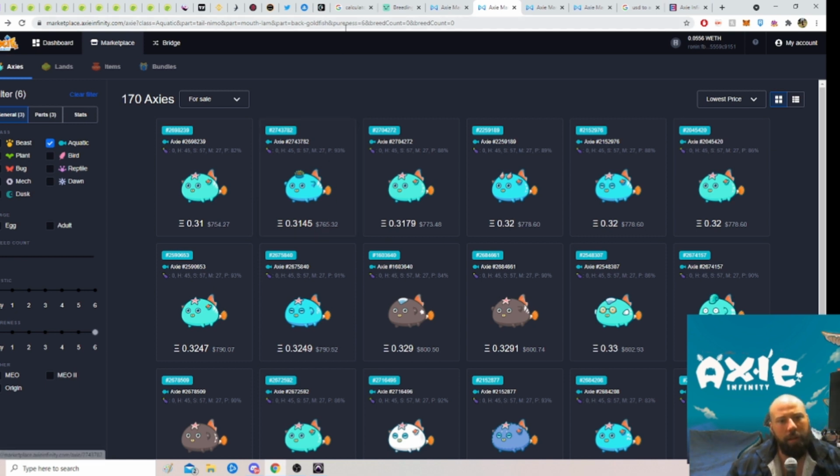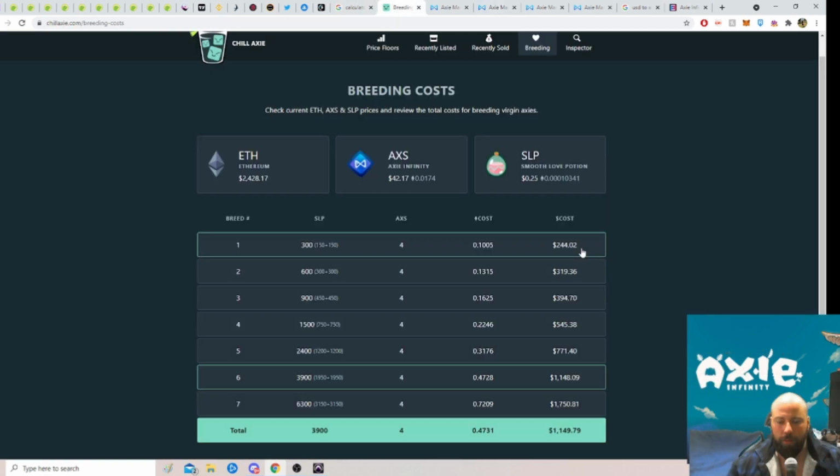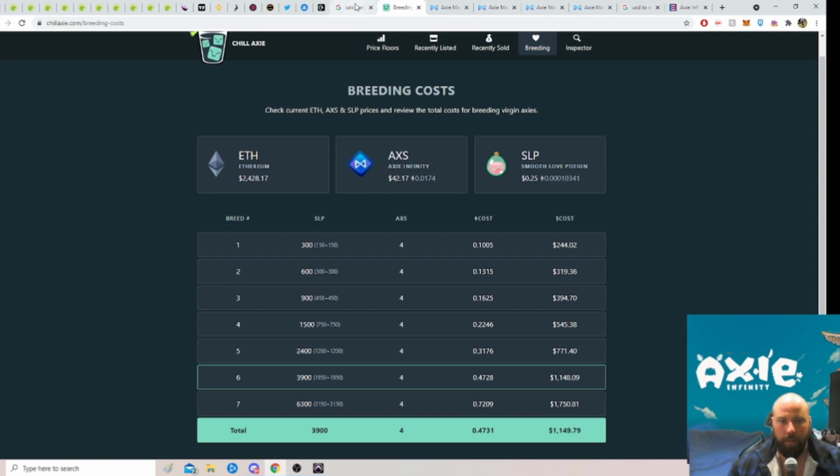You go, that's 765. And you go, okay, so if I was buying 3 of them, like I said, we had our initial investment. That's our 245 that we had, yeah. So 245, which is what our Axies cost to breed once, plus our second lot of breeding, which was 319,